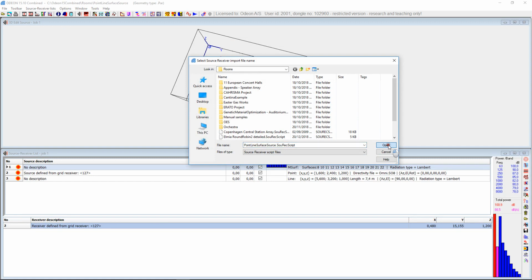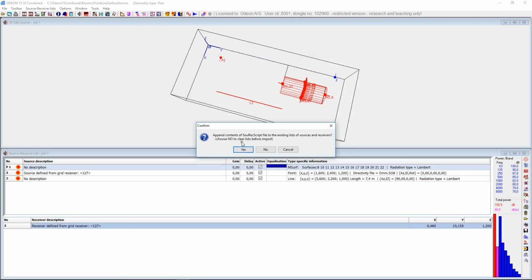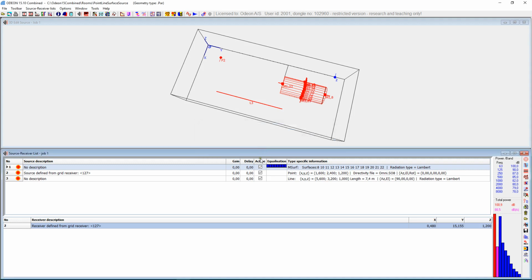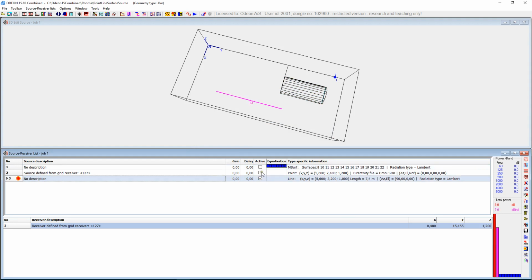So we can just open it, and it will ask, do you want to append it, or do you want to delete whatever was defined here before, which you should consider carefully if you have created a lot of results. So I choose in this case to delete my imports, and here we have it. You can see now the sources are not active anymore because there's no defined jobs. It deletes that, it has to.